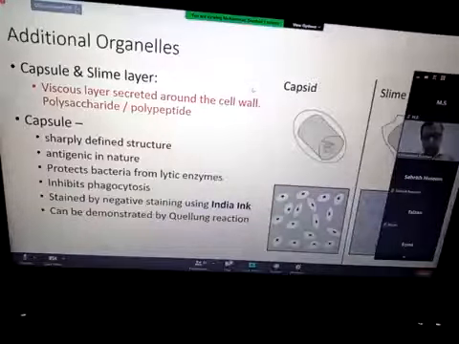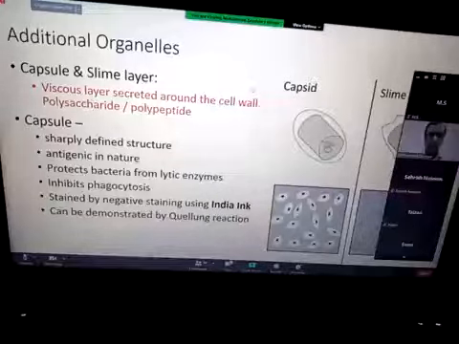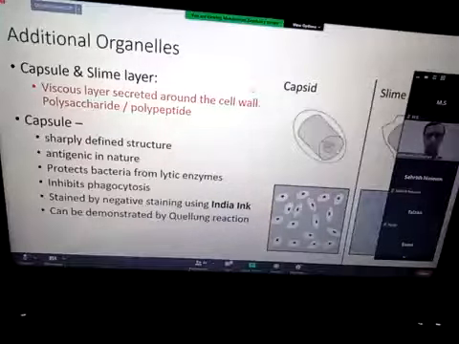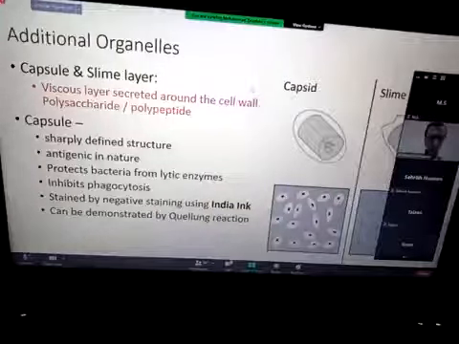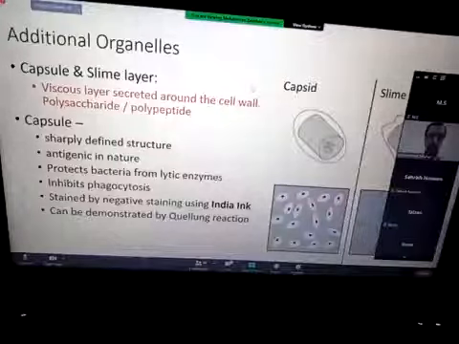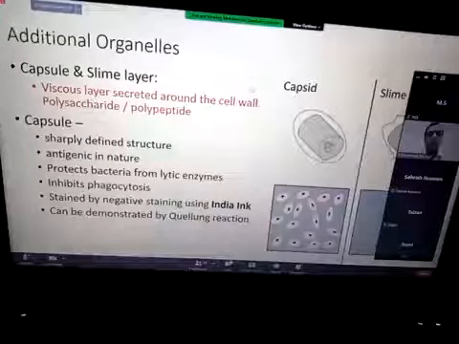I'll go very quickly through this. We have discussed the additional structures present on the surfaces, which are slime layers and capsules. These help in giving structure to the bacteria, and they have antigenic nature as well. So we use these structures